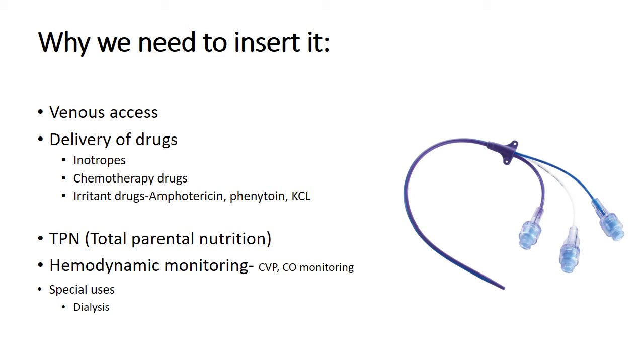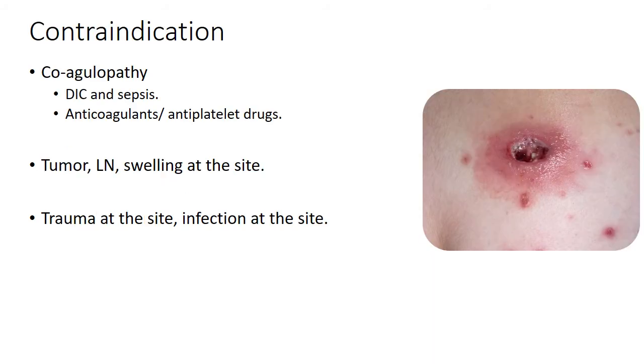Now let us see the scenarios where you cannot insert central line. Like a patient with deranged coagulopathy, or a patient in disseminated intravascular coagulation state called DIC. Of course, this can be corrected with blood products and line can be inserted later on. And suppose you have an infection at the site of insertion, then you should avoid that site or rather change the site. Same is true for injury around the insertion site. It's better to change the site.